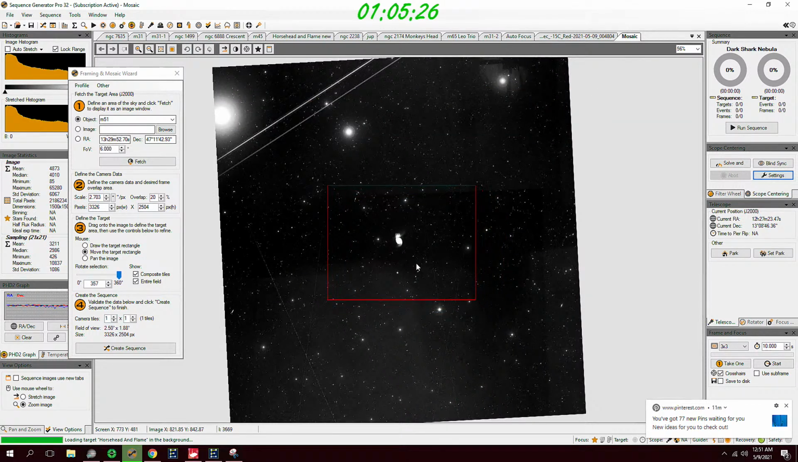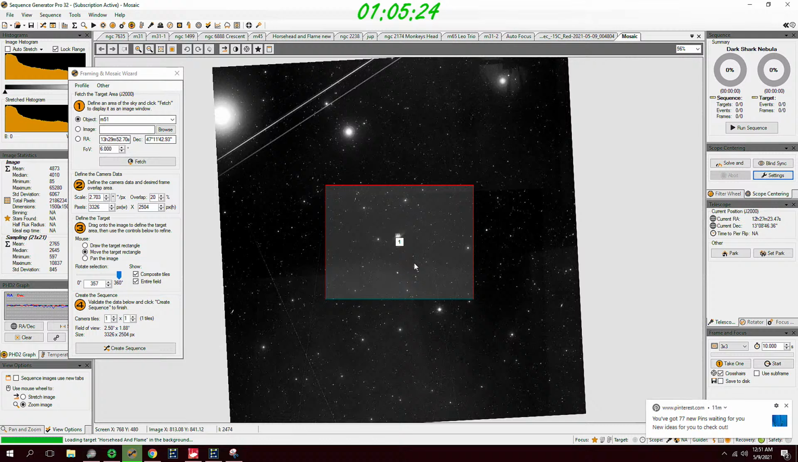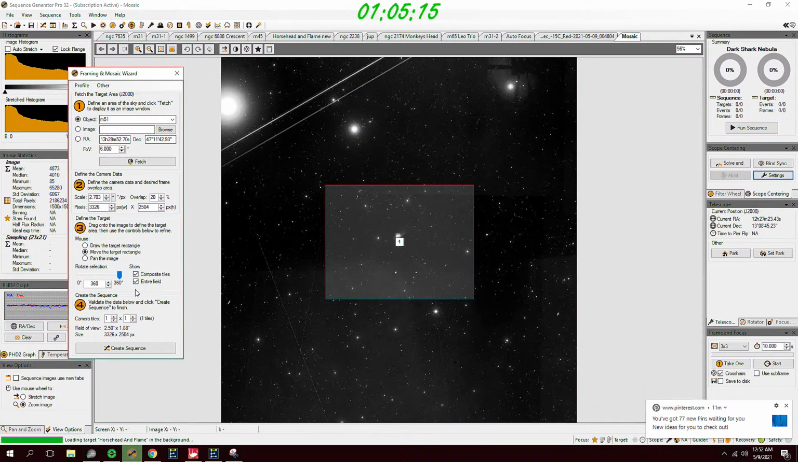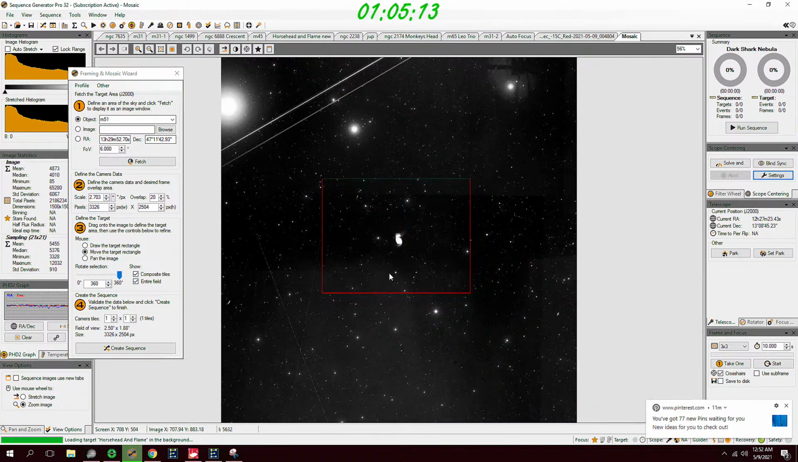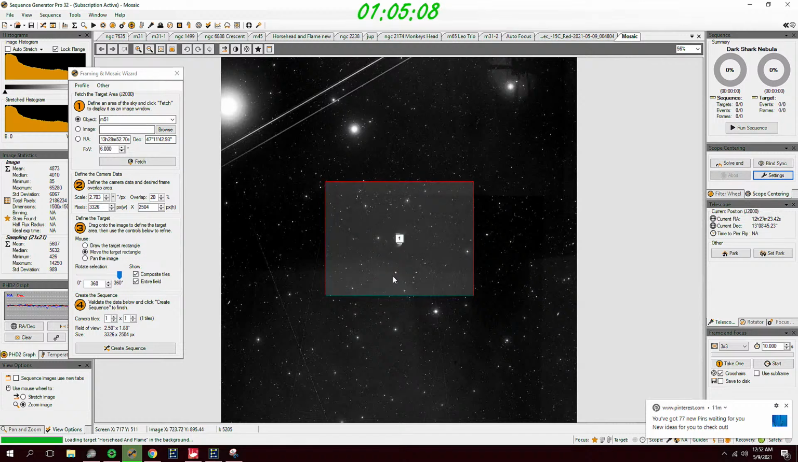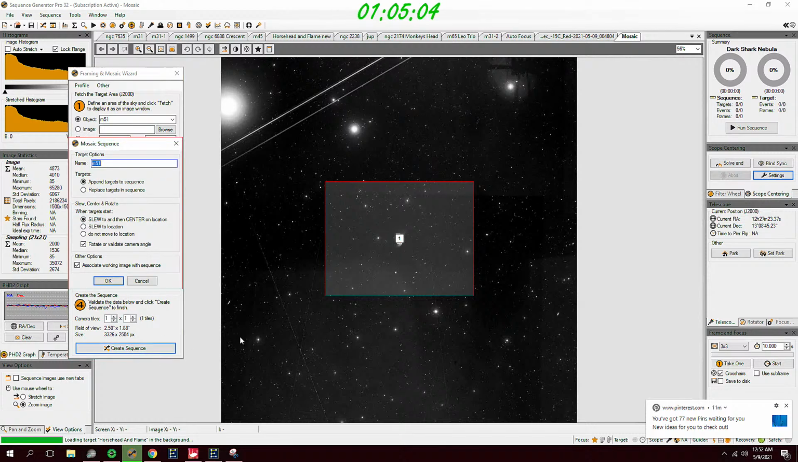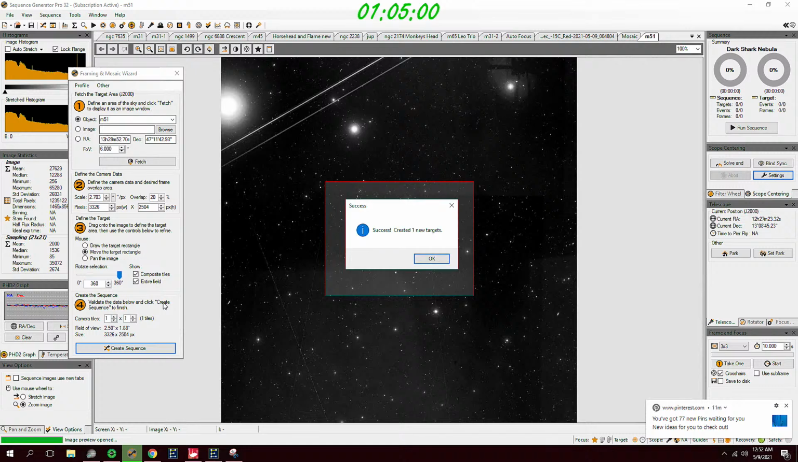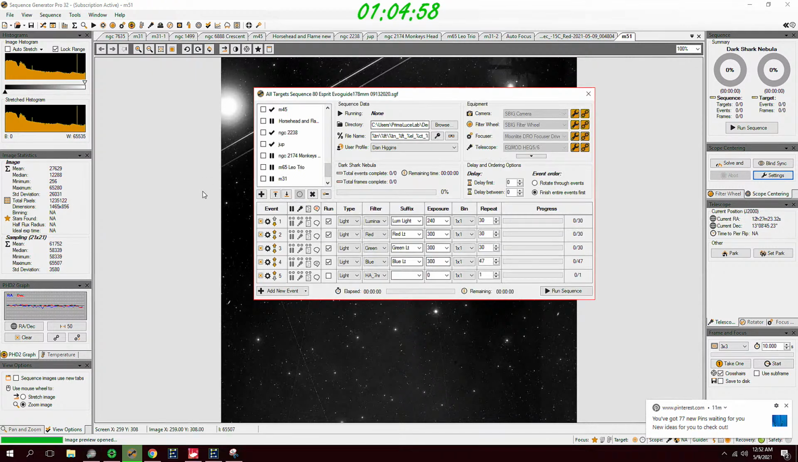Okay, make my square. Put it right there. And we're just going to rotate it. We don't need to rotate it like that. Okay. Create sequence, and M51, that's fine. Okay, M51,